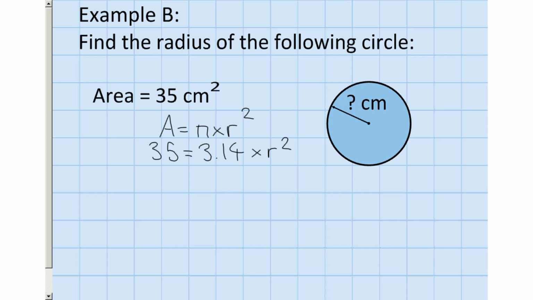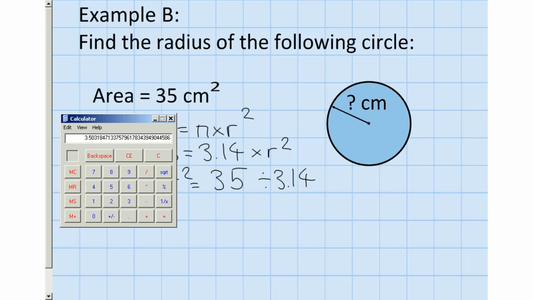3.14 times something, forget about the squared, it's just r squared is something, is equal to 35. That means that r squared is equal to 35 divided by 3.14. Okay, again, similar sort of thing. 3.14 times something is 35, so 35 divided by 3.14 gives you the something. So using my calculator, 35 divided by 3.14 is equal to 11.14649. I'm just going to put 11.1 for the time being. So r squared